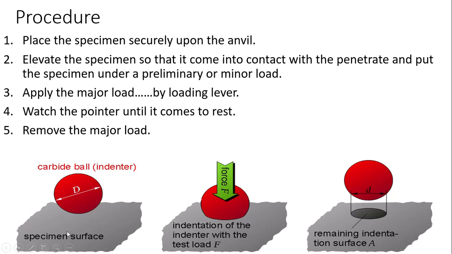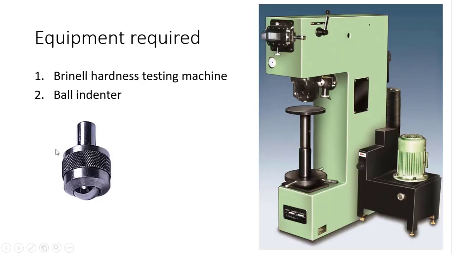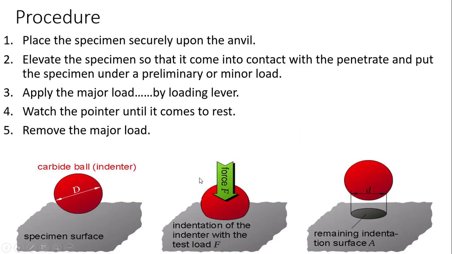After removing the load, you will find that there is an impression on the surface of the sample material, correct. This is the diameter of the ball indenter, capital D, and this impression diameter we call a smaller d. This is called indentation. Fine. So if I talk about the indenter, there are many indenters available. Point indenter, this is a ball indenter, we have a point indenter, we have a diamond indenter. But in this specific experiment we are going to use the ball indenter, and all calculations are related to the ball indenter.